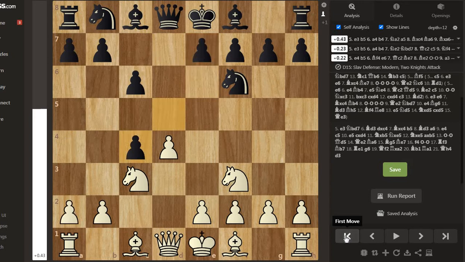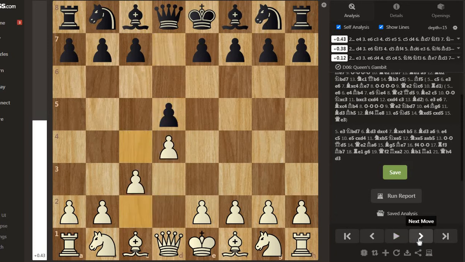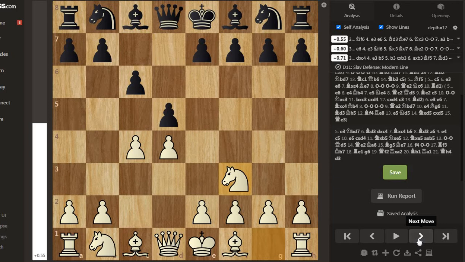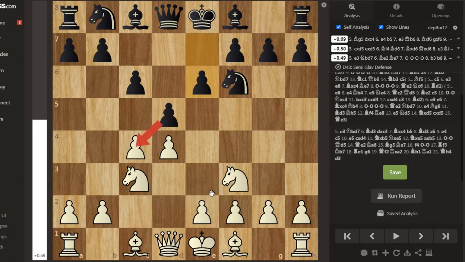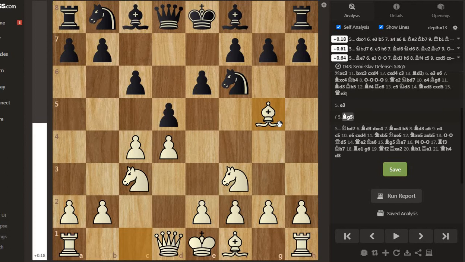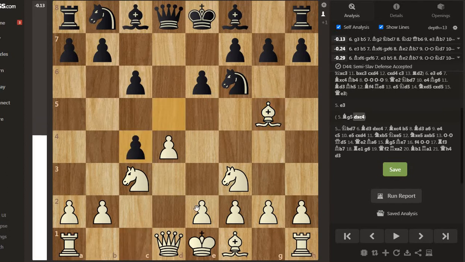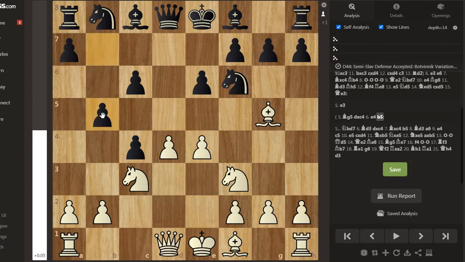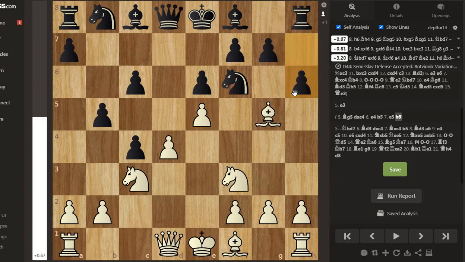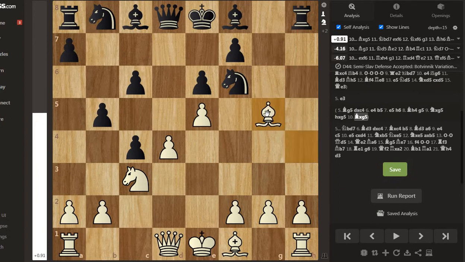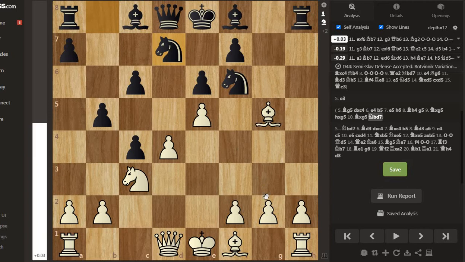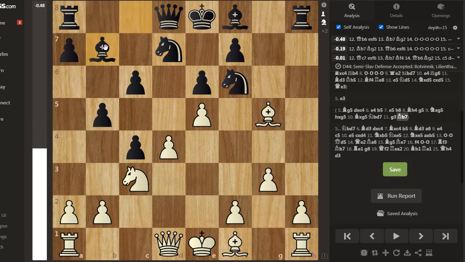Okay guys, next we will see the Botvinnik system. The Botvinnik system goes like, after these normal moves in Slav, here white doesn't put e3, he goes for bishop g5, and after bishop g5 there is d takes c4, then e4, then b5, then e5, then h6, bishop h4, g5, knight takes g5, h takes g5, bishop takes g5, knight bd7, g3, bishop b7, and bishop g2,